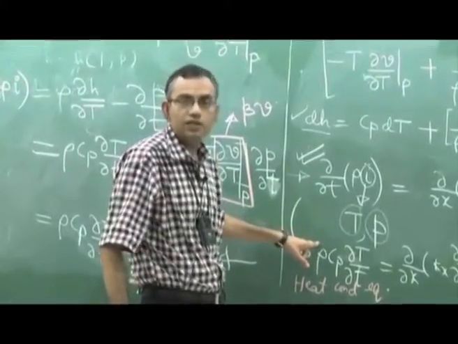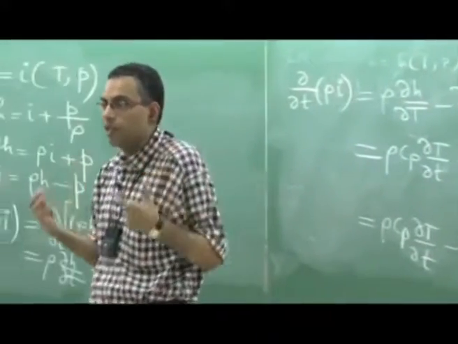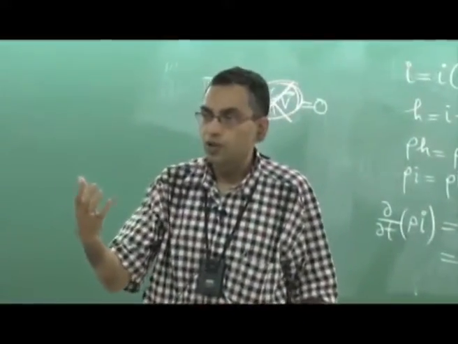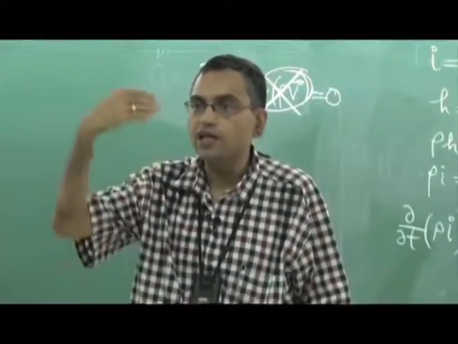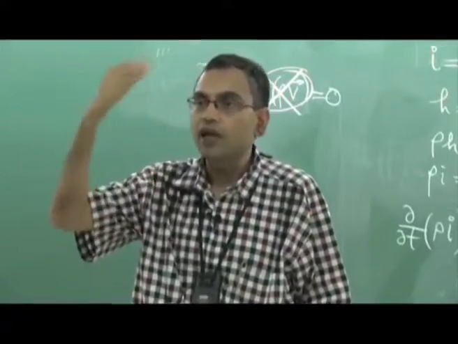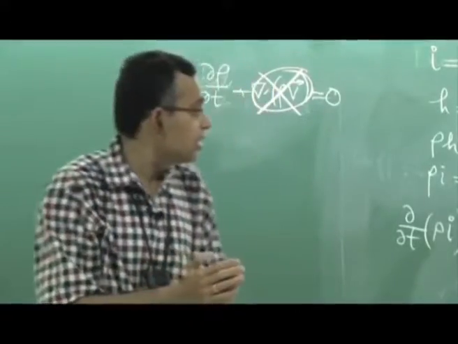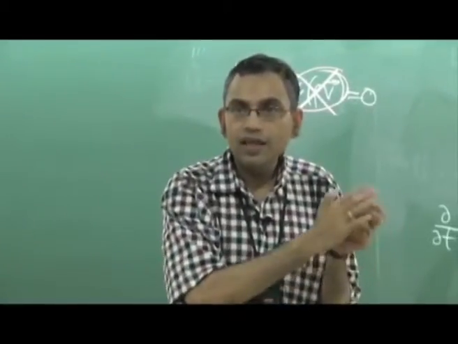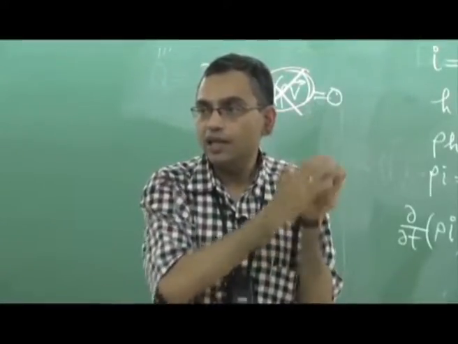So this equation involves temperature as a function of position and time, and in terms of partial differential equation theory, this is like an initial boundary value problem, where you prescribe the condition at time equal to 0, and based on that initial condition the solution will evolve as a function of x, y and z depending on the boundary conditions. So we need to discuss what the possible boundary conditions associated with this equation are, and then we will work out a few very simple problems to illustrate the use of this equation.